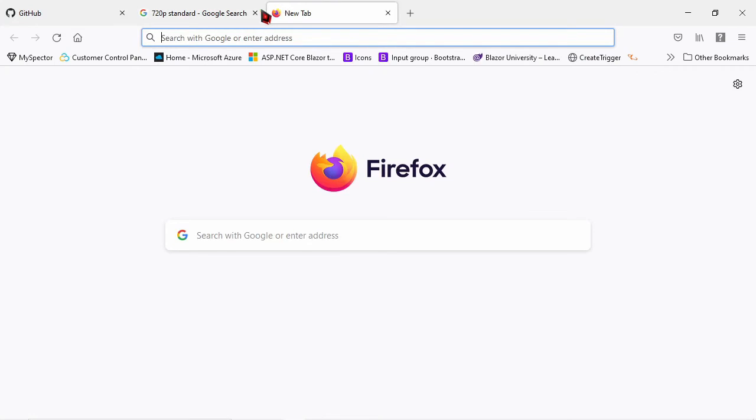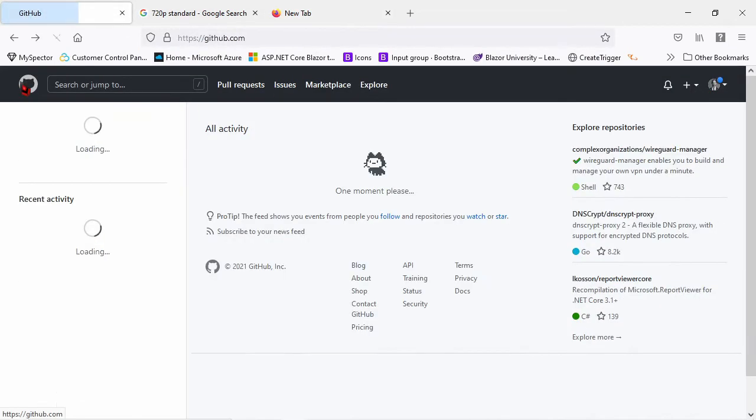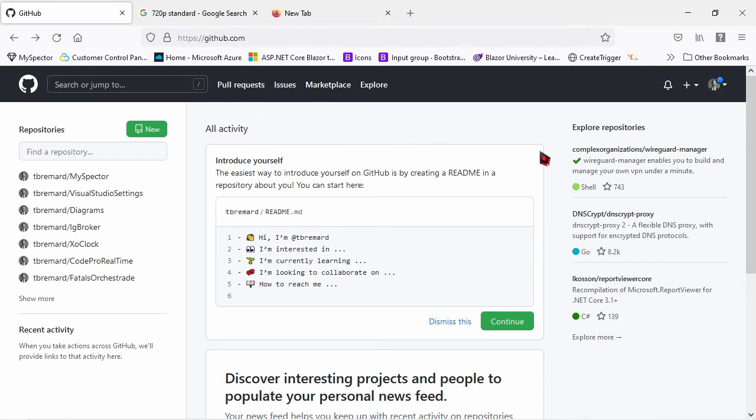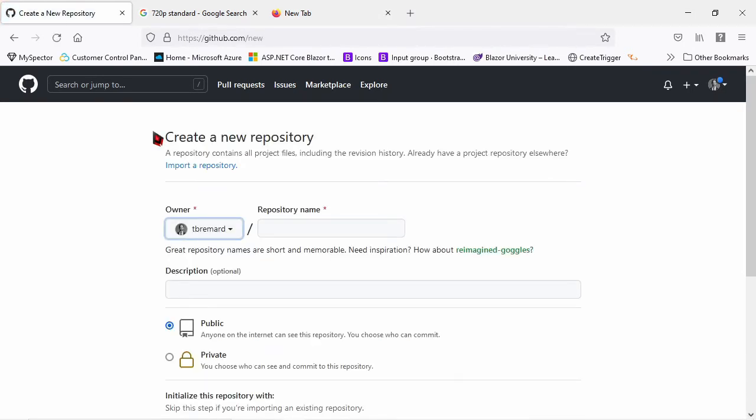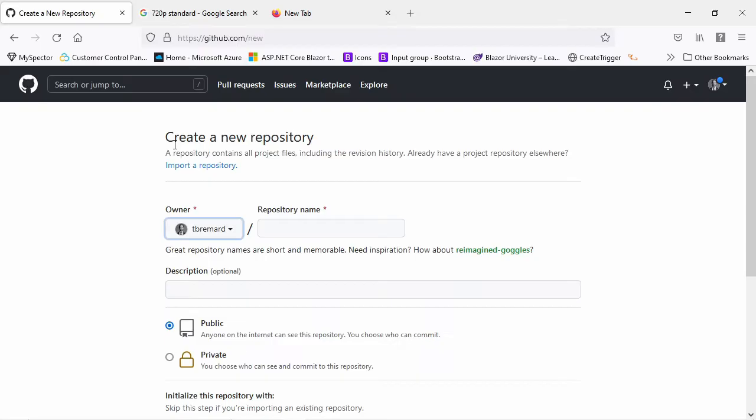I'm going to GitHub here, my GitHub, and I will say I want to create a new repository like this, and this will be my solution template for unit test. So let's write like this, solution template.